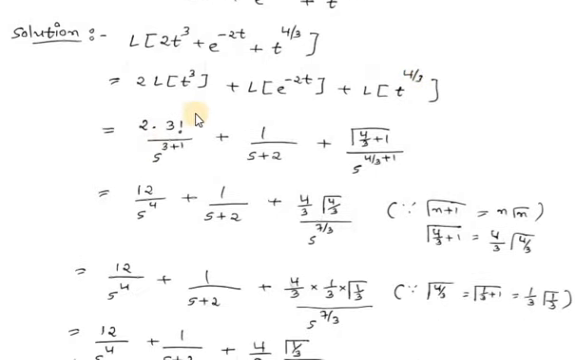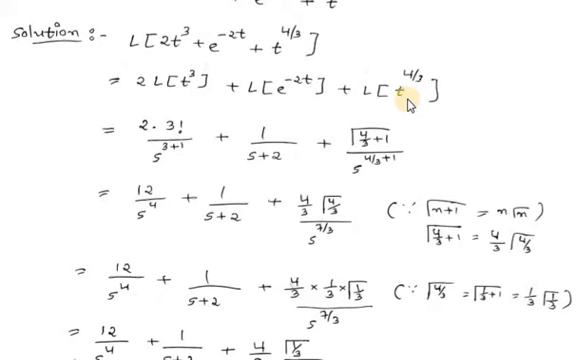Now 2 as it is, and Laplace of t raised to n is n factorial over s raised to n plus 1. So replace n by 3, so it is 3 factorial over s raised to 3 plus 1, plus Laplace of e raised to minus at, answer is 1 over s plus a. So Laplace of e raised to minus 2t is 1 over s plus 2, plus